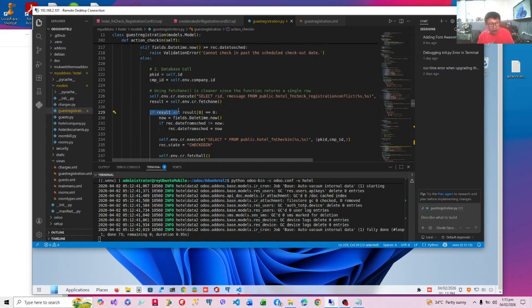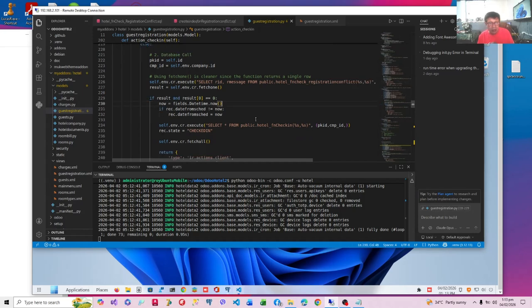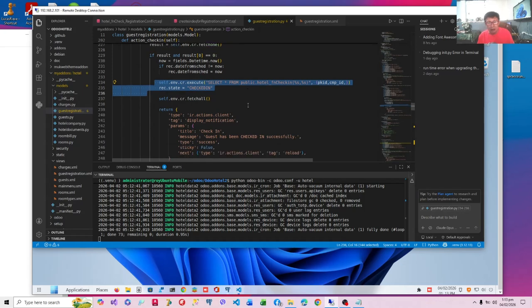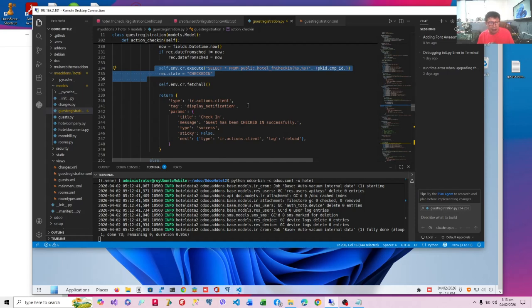If result, which means that there's a result, and result 0 is 0, the count is 0. And so after finding out that the room is vacant, we are going to check in the guest so that he will have the first room charge for that day, and then we will return a notification error.